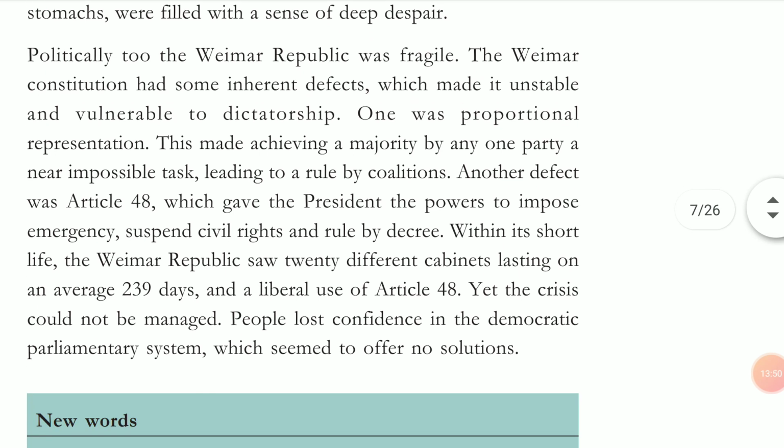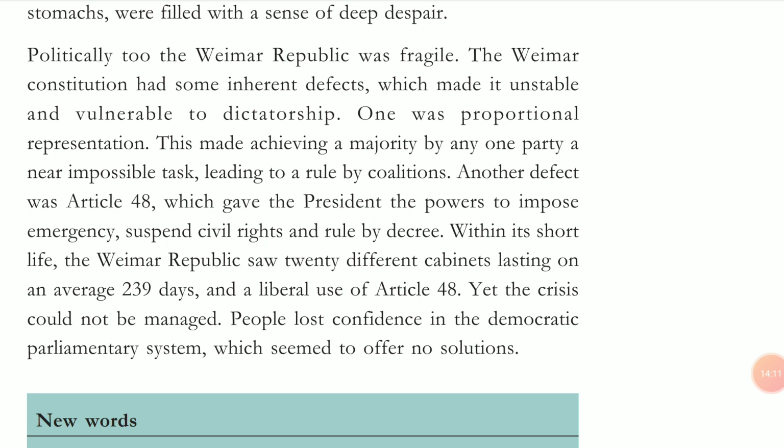One was proportional representation. So one reason was the representative form of government. उस समय लोग इतने परफेक्ट नहीं थे that वो इलेक्ट करते और एक representative लाते, और वो representative भी उतना administering नहीं था that he would be comfortably ruling. Now next, another